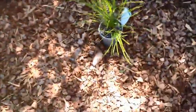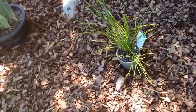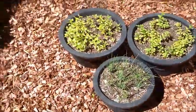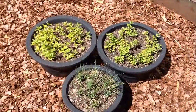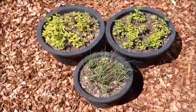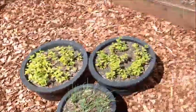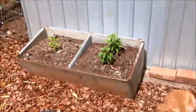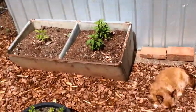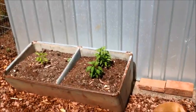These grasses, I'll see if I can plant this morning. Yeah, they look like they're wanting a bit of a drink, but I don't really want to water them at this time. So a lot of the water would probably just evaporate anyway. But I'll make sure I water everything really well tonight. And the chilies